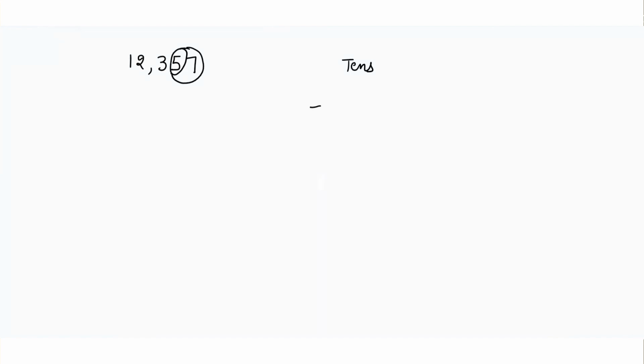Now 57 is close to 60 or is it close to 50? So you can see 57 is close to 60. That means if I have to round it off to the nearest tens, I will write down